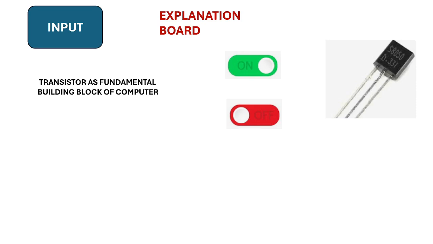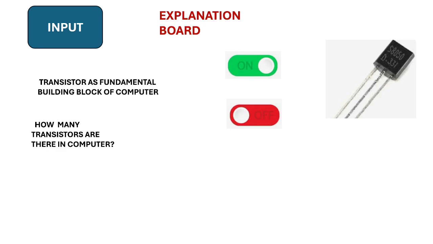So we can say a transistor is the fundamental building block of the computer, meaning a computer is made of transistors, and this is correct. One might ask: if a computer is made of transistors, then how many transistors does a computer have? You can say there is a number of transistors, and you can understand this number of transistors concept in